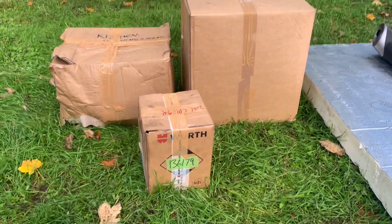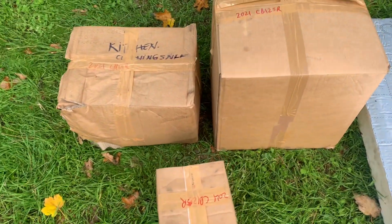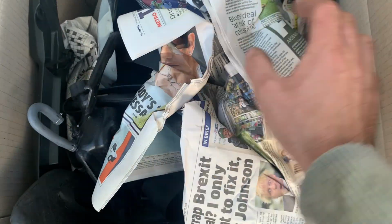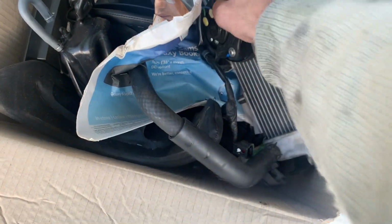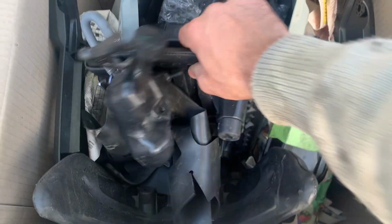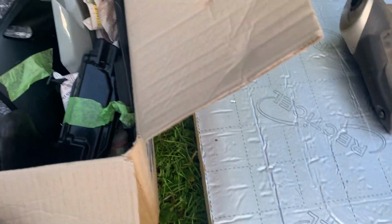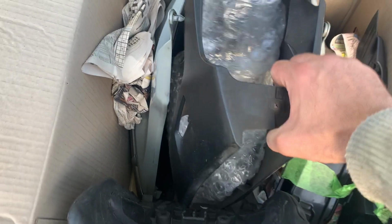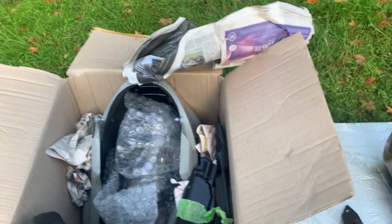Here are 3 mystery boxes with unknown contents. Okay, let's open this box up and find out what's in there. Okay, all right. So we have a radiator pack. We have a rear seat, side fairing, another side fairing,